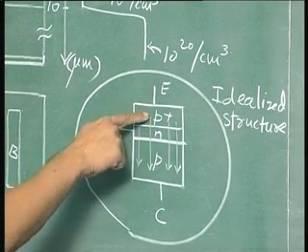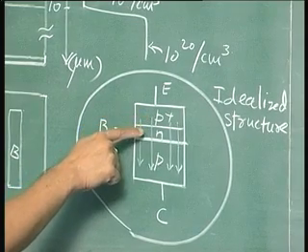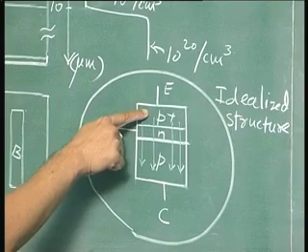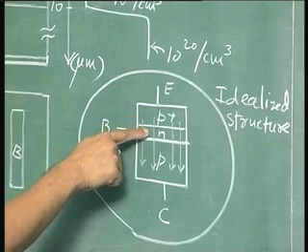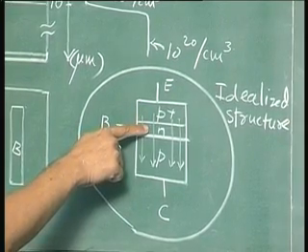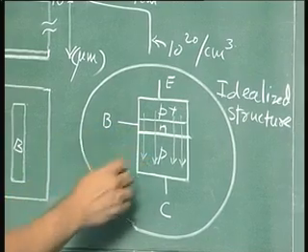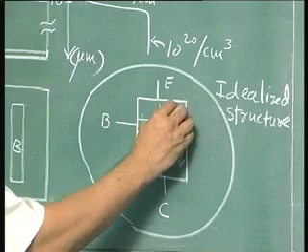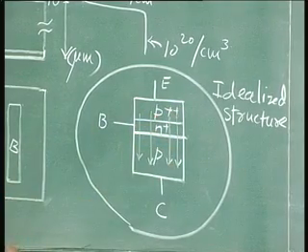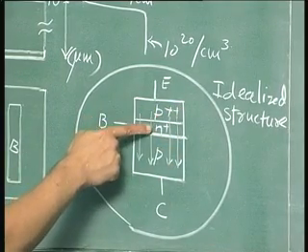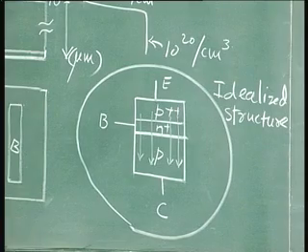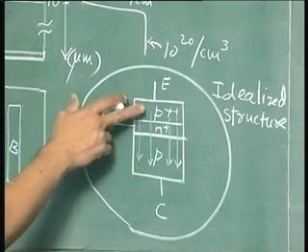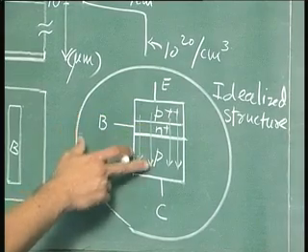So this is called the emitter region, this is called the base region, and this is called the collector region. So doping in the emitter region is more than the doping in the base, and the doping in the base is more than the doping in the collector. So we could probably show this as follows. P plus plus N plus P, or alternately we could also write as P plus N P minus. So it all depends on which way you want to represent. Basically we want to emphasize that doping in emitter is more than that in base, which is more than that in collector.